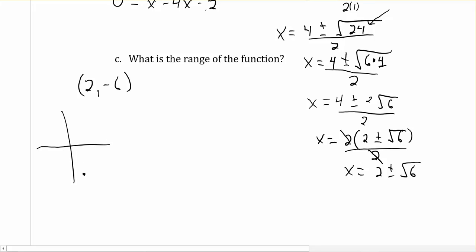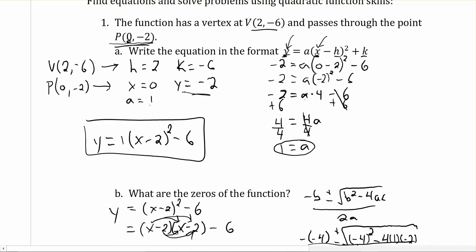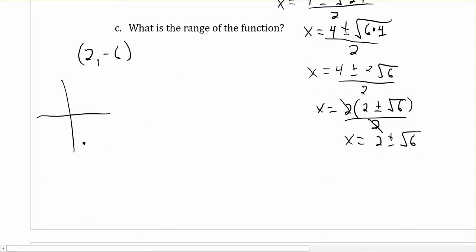And I also know that A was equal to a positive number, right? It was a positive number out front of our equation, so positive A. That means our graph is going to be opening up. So it's going to be looking something like that, right? With our vertex at 2, -6. So if I need to know my range, that's the y, right? So y